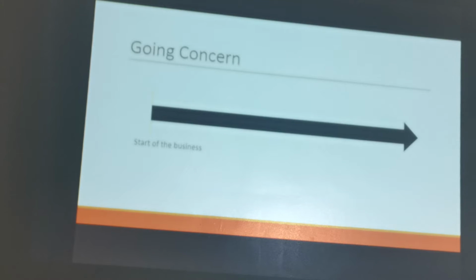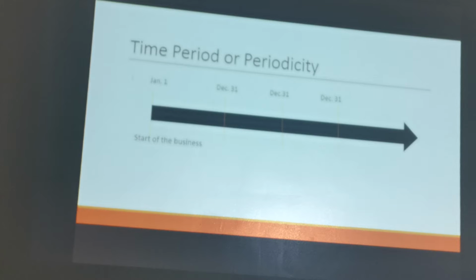Okay? Next one is the time period or periodicity. Anong ibig sabihin nito? Kaya sabi natin, going concern, we view it as continuing. For you to be able to know the actual income or net loss from the business operations, ang gagawin mo syempre, tingnan mo mula umpisa hanggang dulo. Kung 50 years, hanggang 50 years yan, di ba? Then, you compute how much is the total revenue, magkano lahat ng expenses, the net will be your net income